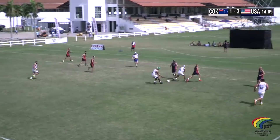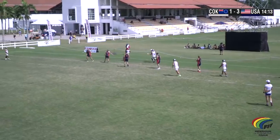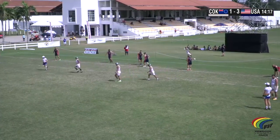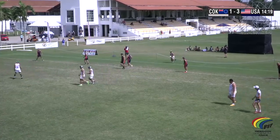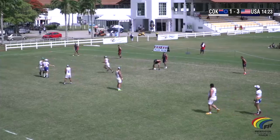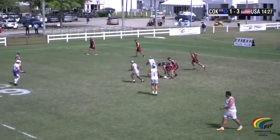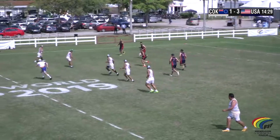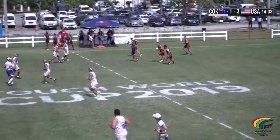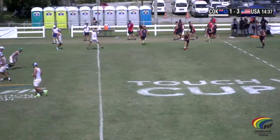Nice drive in from the Cook Islands. They're on the back foot here, the States. And yeah, nice short ball. So not a bad option there. It also just keeps the defence in 2 minds. They have gone long on the previous play where it just went over the head of the USA defence. That occasion they go short, so it's not too bad that while they didn't get the touchdown on that occasion, it's going to keep the defence in 2 minds whether they're going to go long or short